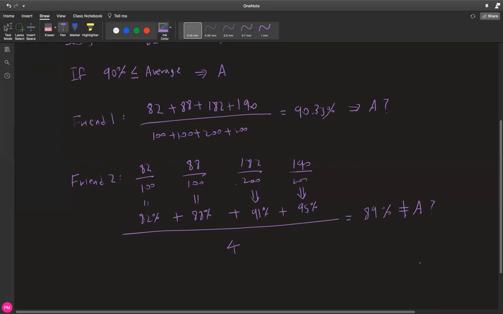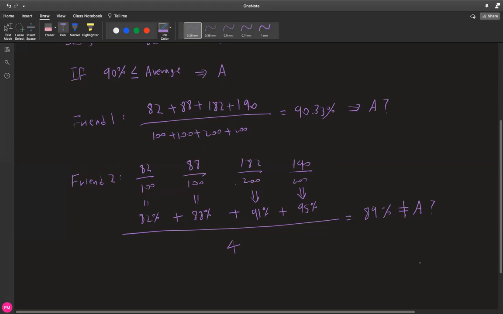Each argument from your friends does have a valid opinion, but obviously they are suggesting different things. But which is correct? Or are any of your friends correct in this case? The problem is that friend 1 and friend 2 both haven't considered the weight of each assignment.